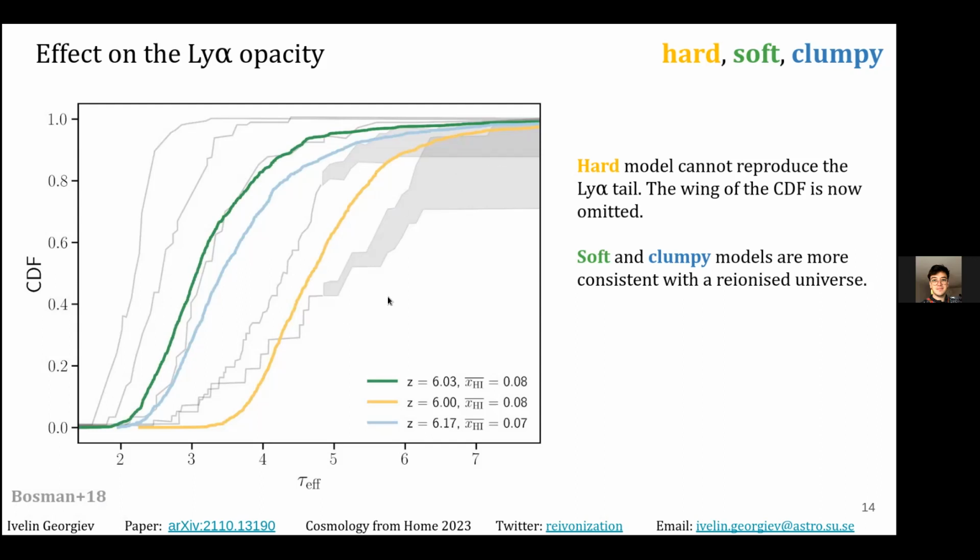In the previous work, we saw that the hard model, this hard break, impacts the shape of the 21 centimeter signal. We saw this in the bias, but now we can also say that the imprint continues further in the ultraviolet background in other tests, while the soft and the clumpy models behave a bit better. I've done many other models that are quite interesting, and I'd be very eager to talk to you about them, but right now I don't have the time.